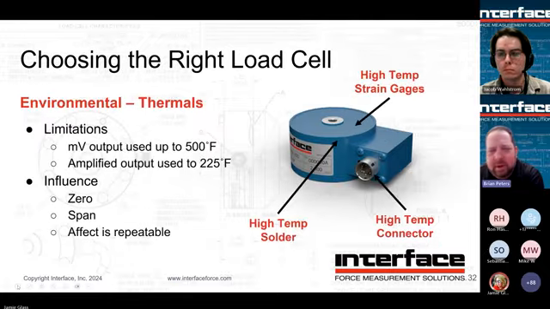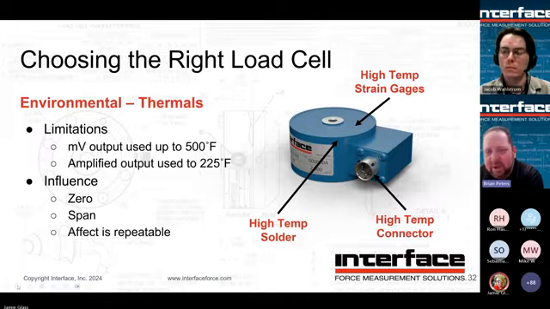And then thermal. You're going to have some unique environmental considerations. Most millivolt per volt sensors, we can provide solutions up to 500 degrees F. If you need high level, usually the electronics will start to be limited around 225 degrees. So keep that in mind. But thermal also has an influence on zero and span, which we'll get into in a little bit. And so you need to pay attention to that, not only from the sensor itself, but also your mechanical